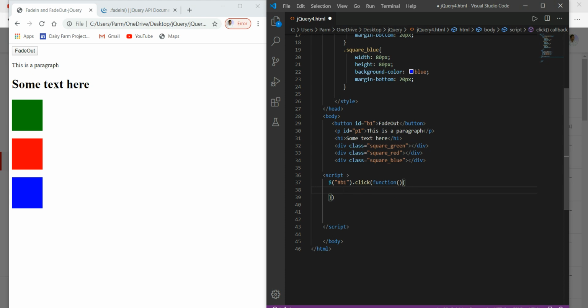So here I have to write dollar, then I have to select the element first.